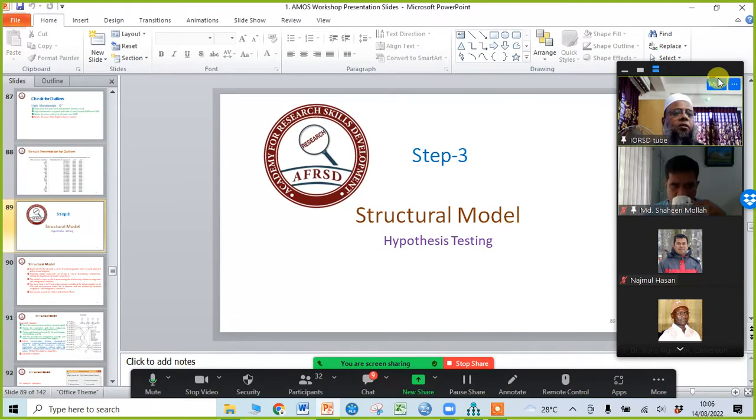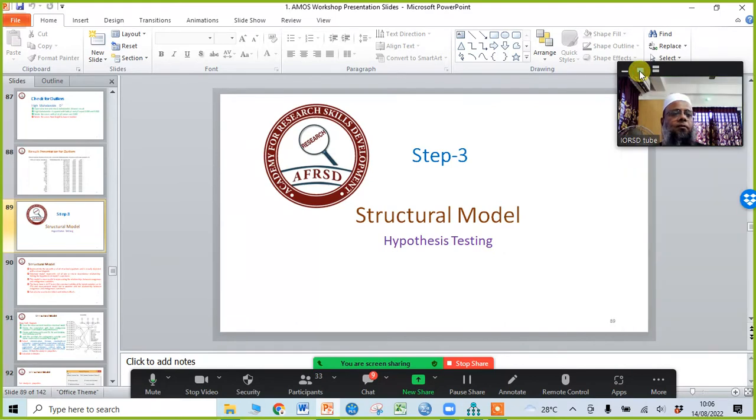In the structural model, in CFA and the measurement model, what we have done is show that the instruments, the indicators and variables that we are using in our model, are valid. Your items are valid, your constructs are valid, and they are reliable. The items have adequate internal consistency and adequate convergent validity.